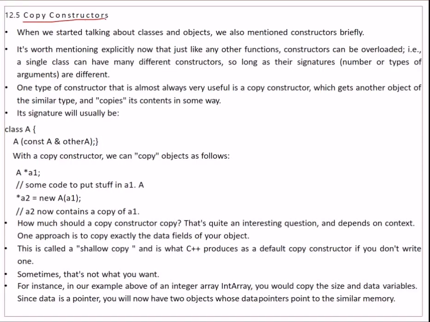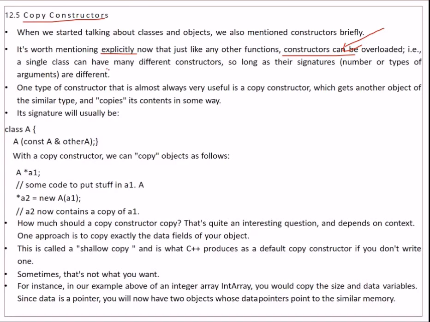Now, one more important topic is the copy constructor. We have talked about constructors just now, but it is worth mentioning explicitly that just like any other functions, constructors can also be overloaded.